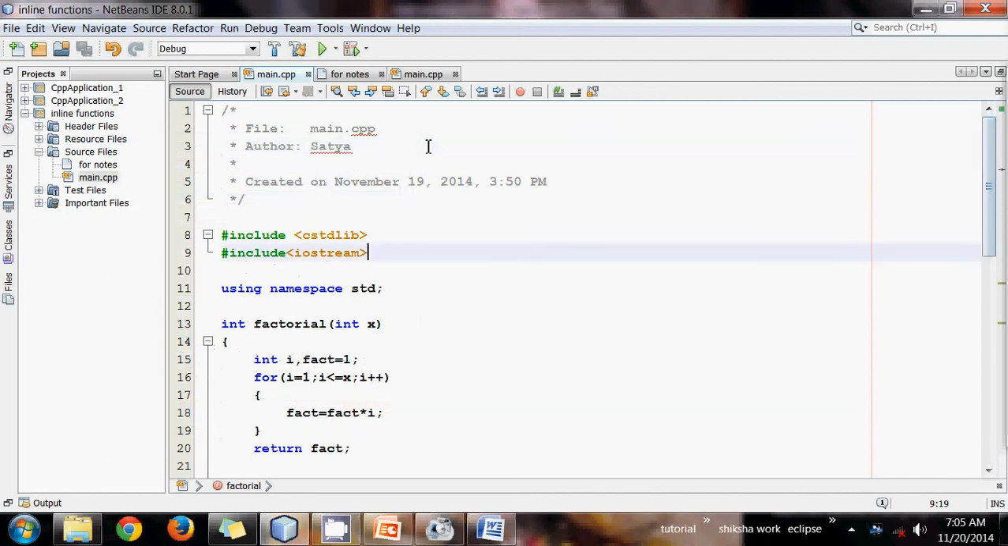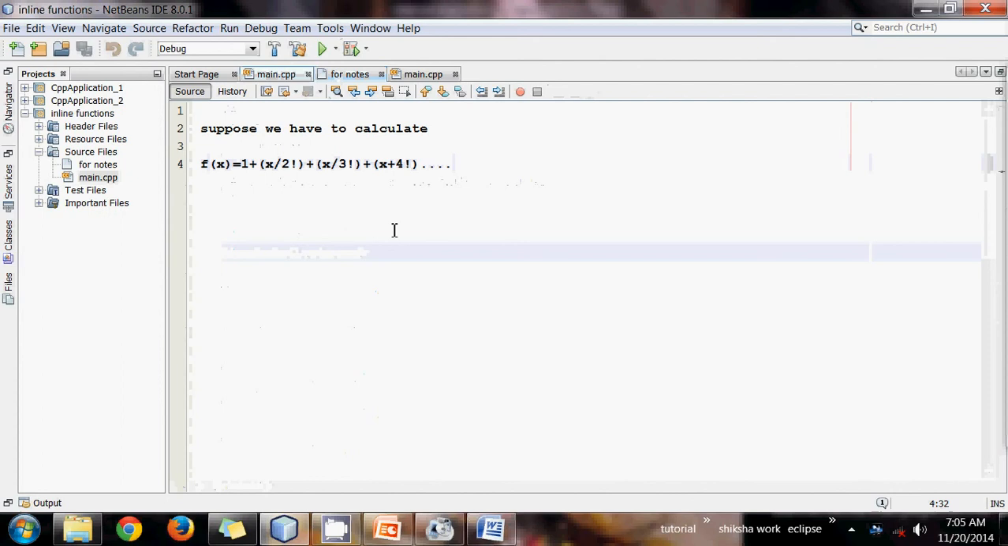According to me, when a certain line of code is required to be repeated or called time and again, then we make a function. Or some job is required to be done time and again in our code, then we create a function. For example, if I have to solve this function of x, that is 1 plus x by 2 factorial, x by 3 factorial, x by 4 factorial, and so on,